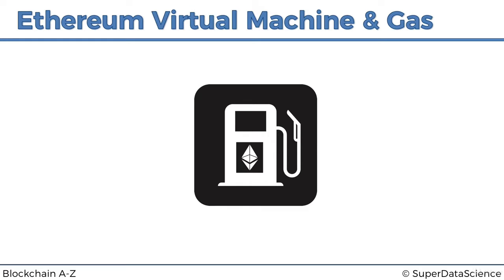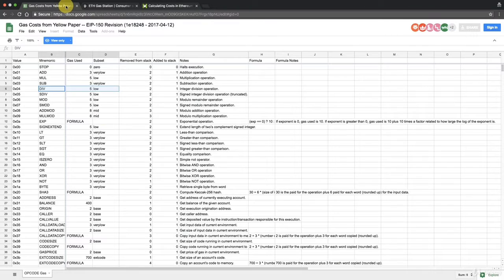Well, the smart contracts need to pay. So you have a notion of gas, and you use that gas to pay for any calculations that you need to run. And it's like a car. For a car to run, for a car to move, it has to use gas. Same concept here. And let's have a look at some examples.